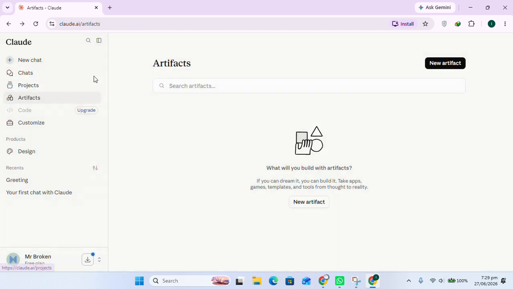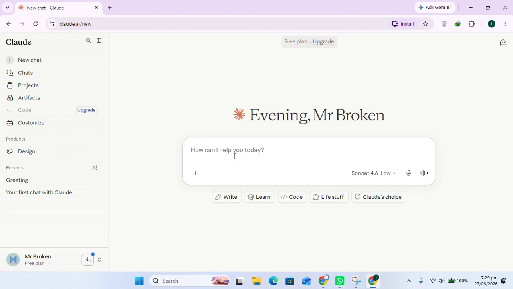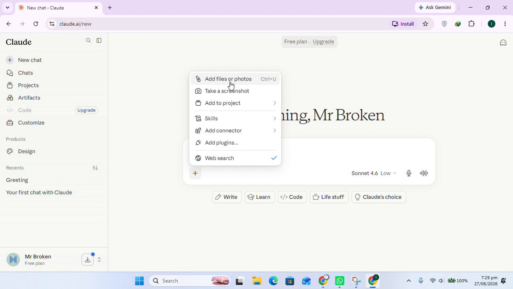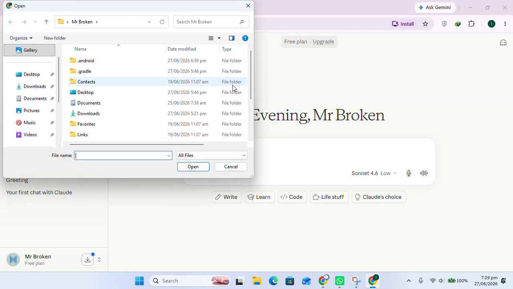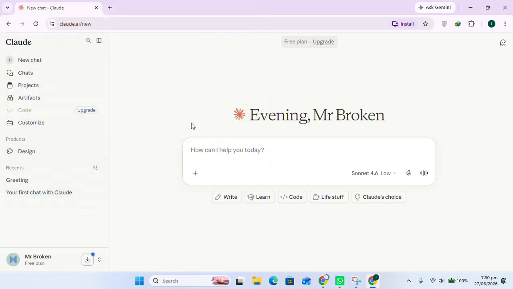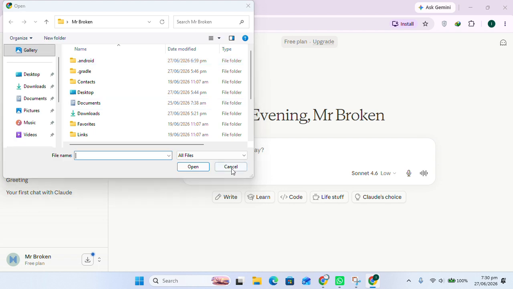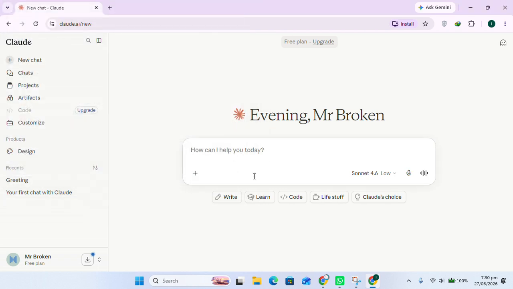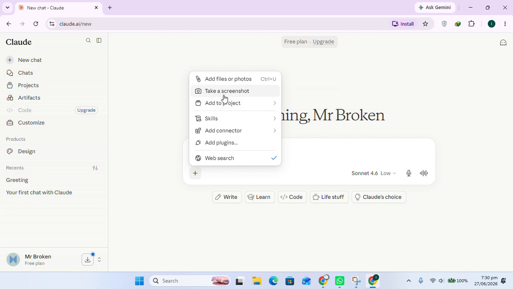Now go back and here go to the new chat section. From here you can also add your file. Just click on this plus icon and here you click on add files. Now if you have any file on your PC and you want to get an overview, or you want to ask something about that file, you can upload that file from here, and then you can ask anything from Claude relating to that file. You can also take a screenshot